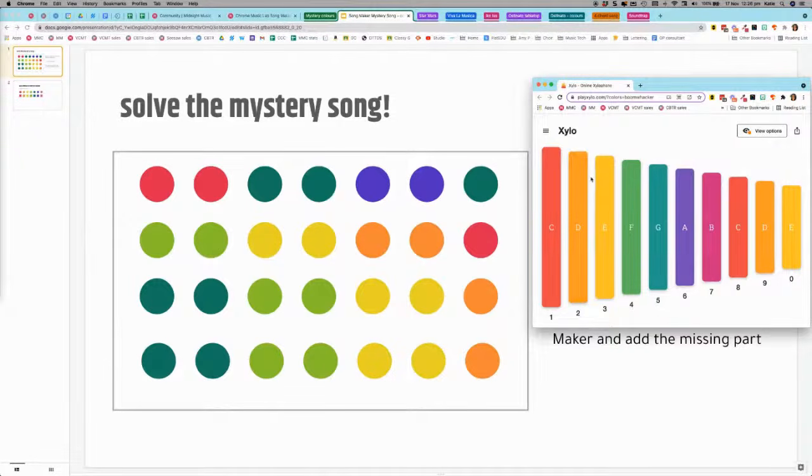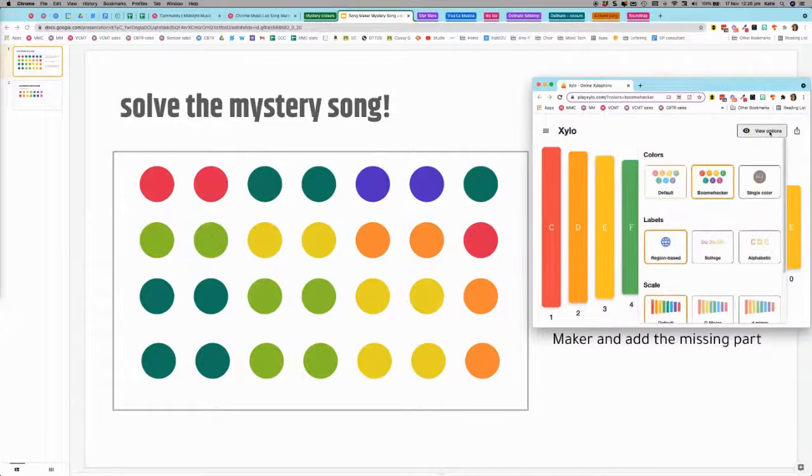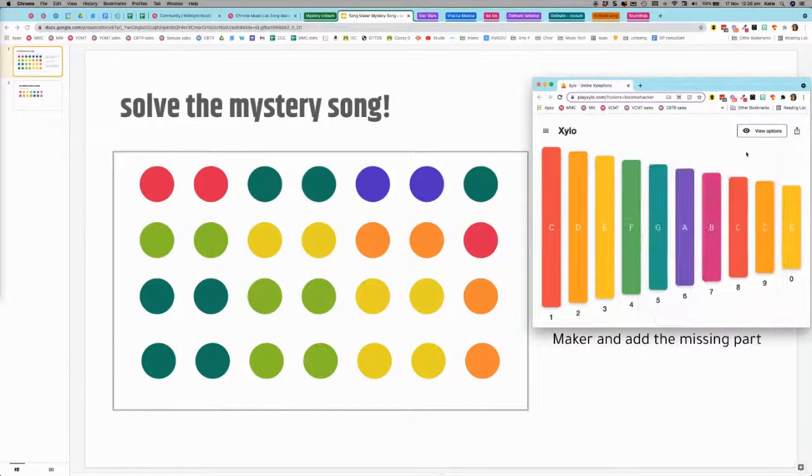I will just say about the play sprout silo, I know lots of you have used this before. There is an option. By default, it does not have the exact boomwhacker colours, but in view options here, you can turn them on. Now, if you go in here as a teacher, turn on the boomwhacker colours, and then hit share, you can copy a link to the Play Sprout Xylo set up with the boomwhacker colours already for